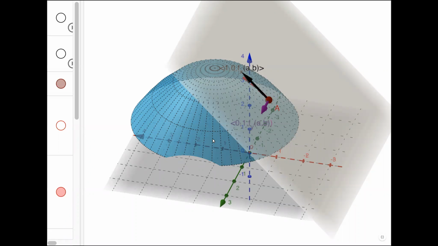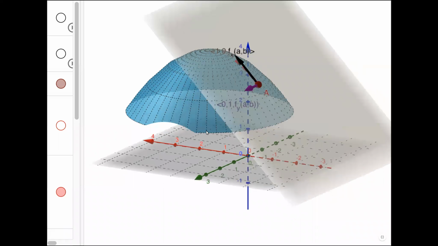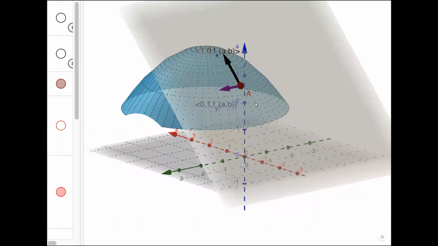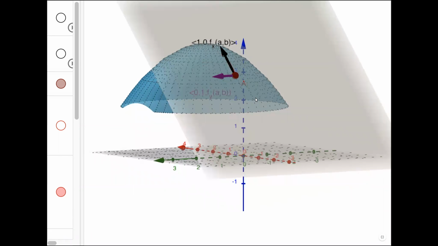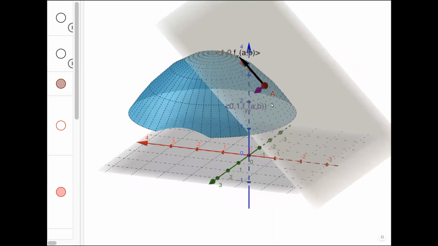So let's talk about tangent planes. The blue over here is the graph of the function z equals f of x and y. Point A is a point on that graph, with coordinates a and b and f of a and b, basically. And so what we want to do is find the tangent plane at that point to the